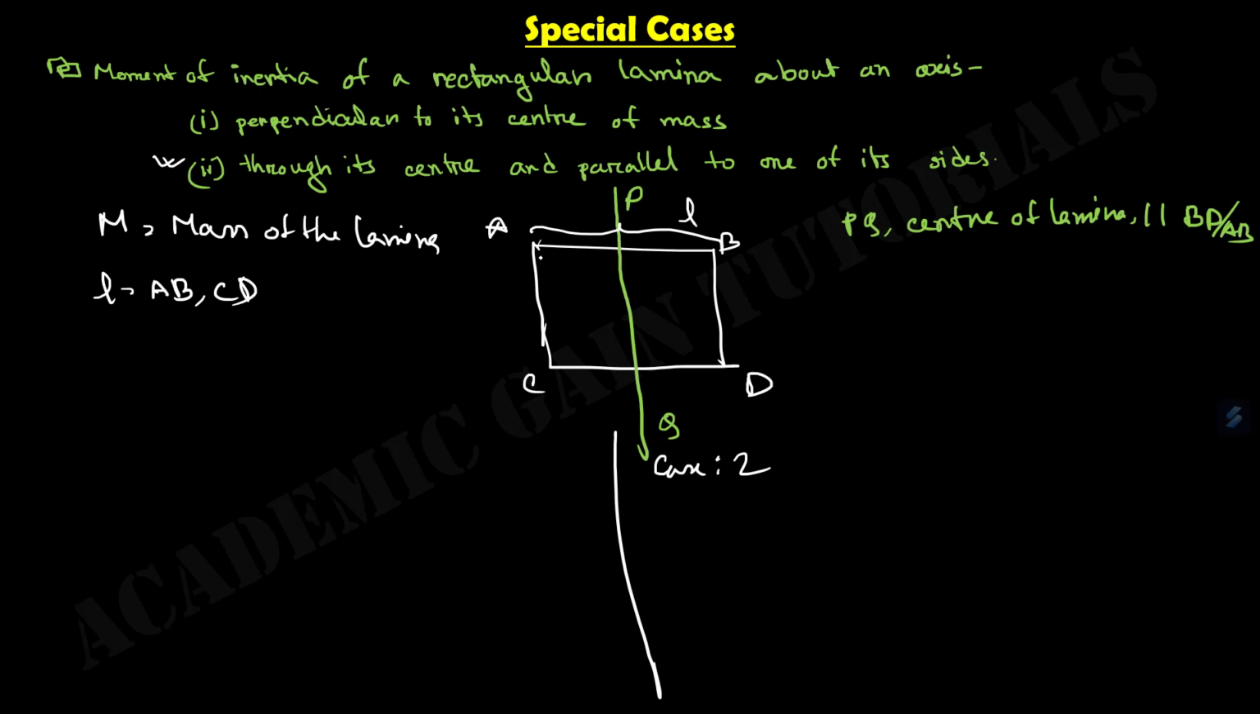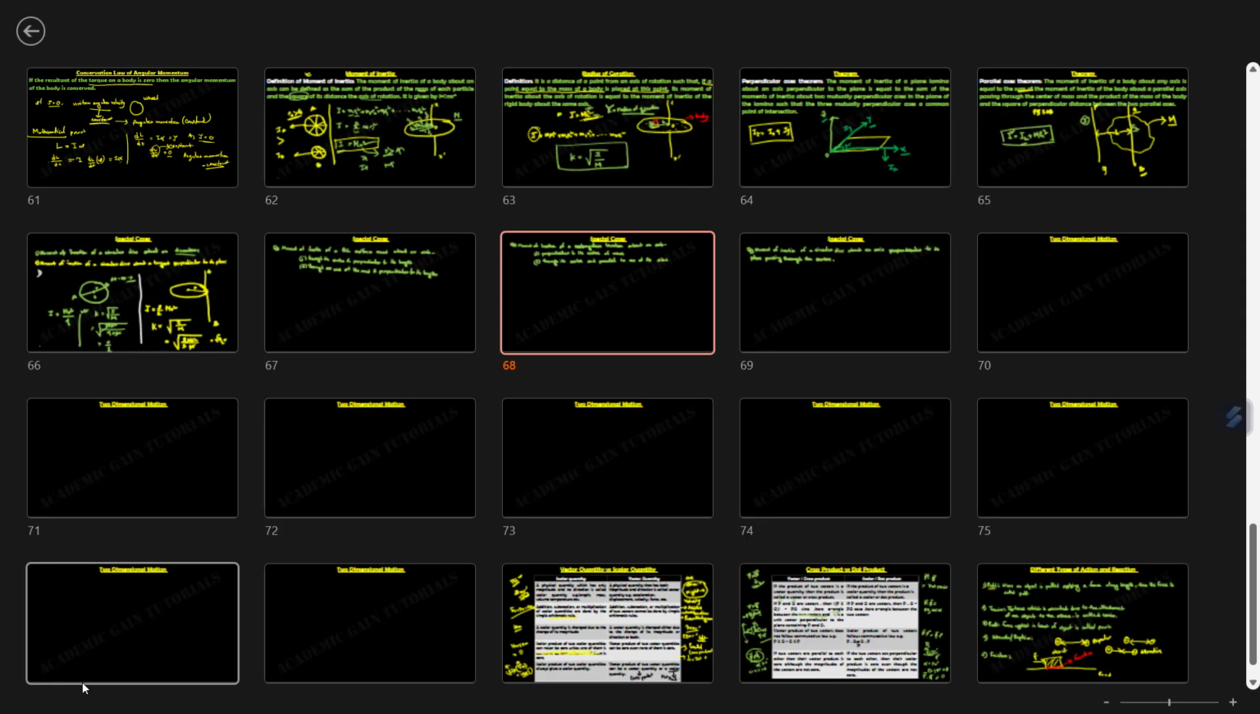We do not take the length AC or BD. If we take the length AC or BD, the axis will be at the width position. As we take this axis at the length position, we will take the length of AB. In that case, case 2,